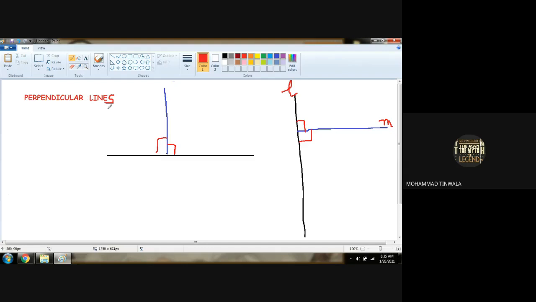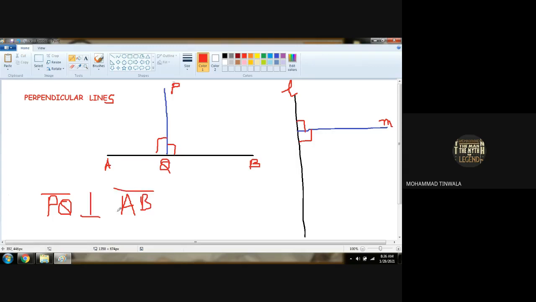Understood? For example, again in the same diagram, if point A and point B are right here, so can I say this is line segment AB, and if it is P and Q over here, so can I say in mathematical language, line segment PQ, I'm so sorry, PQ is perpendicular to line segment AB.